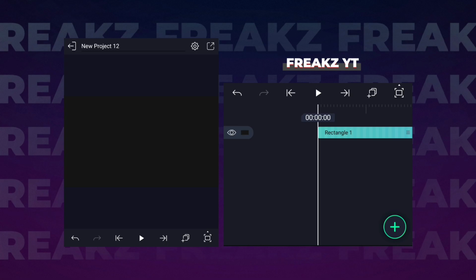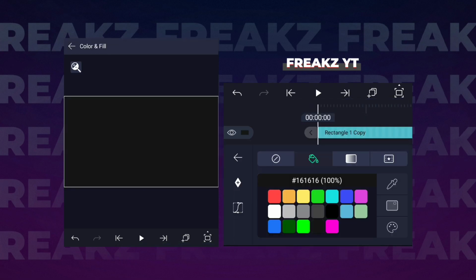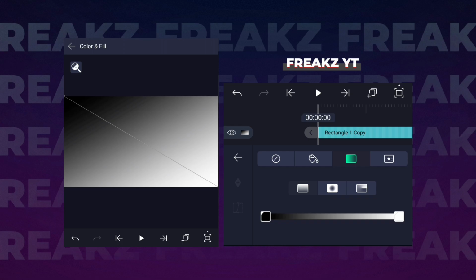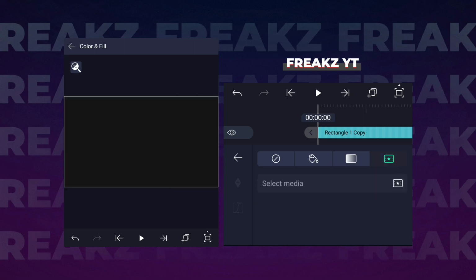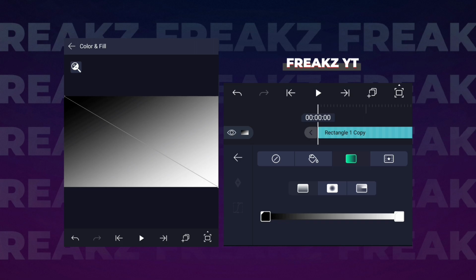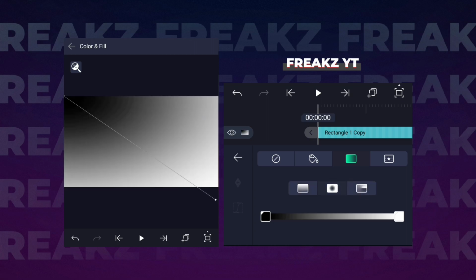and then I'll add a green type of effect for this background. So I'll just duplicate this layer and then I'll go to color and fill, and you can see a gradient option over here. You can see 4 types of options. First one is no color, second one is color, third one is gradient, fourth one is you can add a picture in the layer. So I'm going to choose the third one, which is gradient. In the gradient there are 3 types of gradients, which is linear gradient and radial gradient, and the third one is slide gradient. So we'll choose the second option.